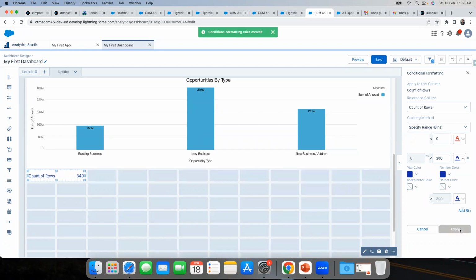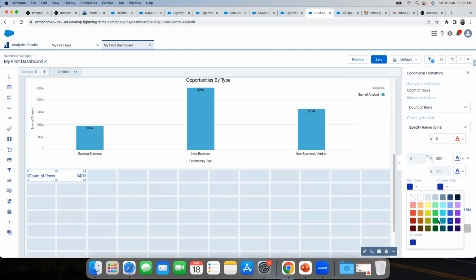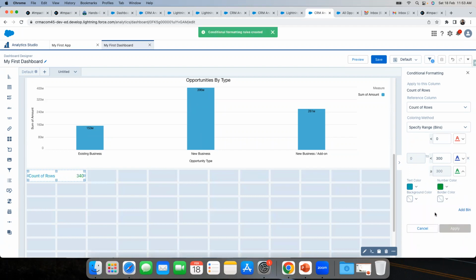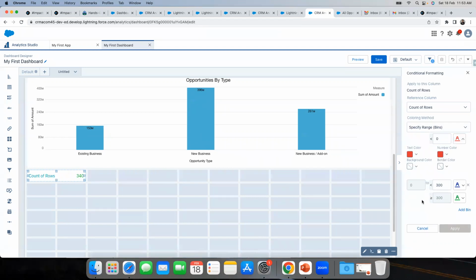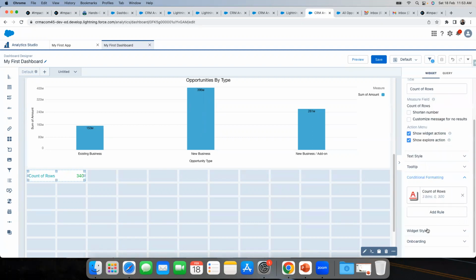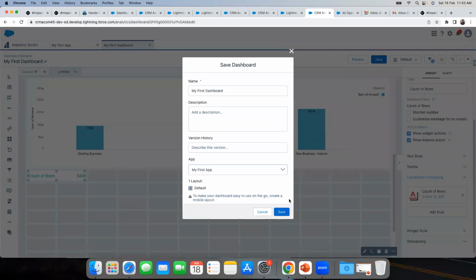and click on apply. So anything above 300 should be, let's say, greater than equal to. Okay, so I have anything less than 0 should be red. From 0 to 300, it should be blue. Anything greater than 300 should be green. So it's showing green right now. So now if I click on save,